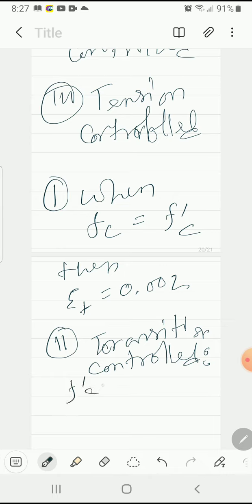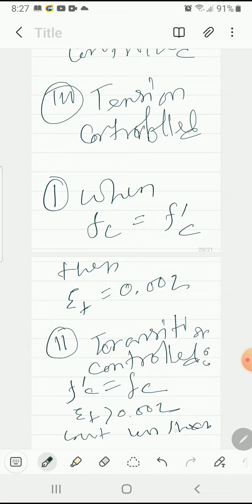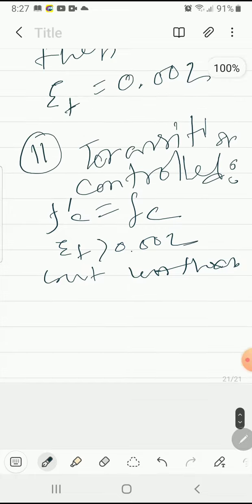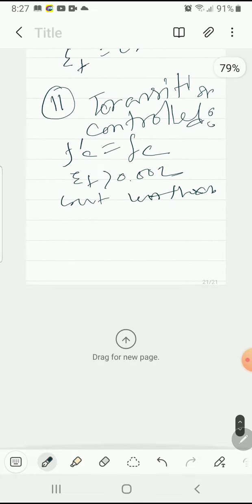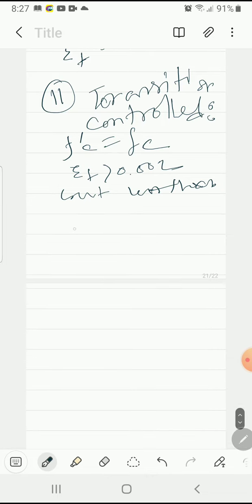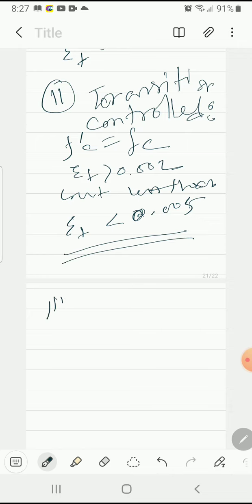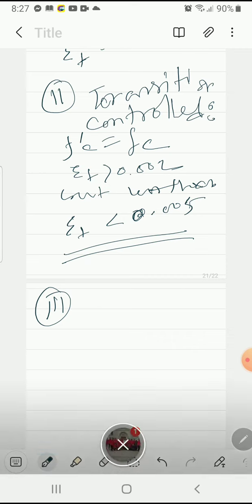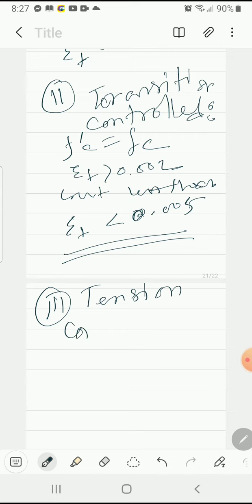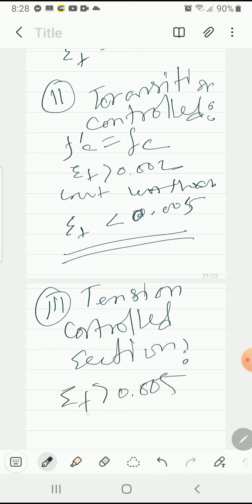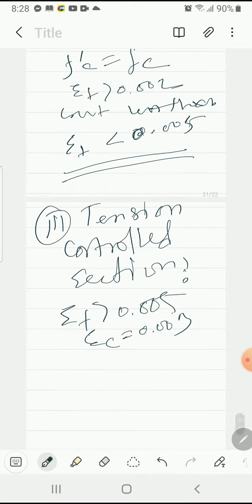when f prime c equal to fc, then epsilon t will be greater than 0.002 but less than 0.005. ওকে, এটা হলো ট্রানজিশন কন্ট্রোল। এখন 3 নাম্বার হলো যে টেনশন কন্ট্রোল। ঠিক আছে, টেনশন কন্ট্রোল সেকশন। এক্ষেত্রে কি হবে, এপসাইলন টিটা গ্রেটার দেন 0.005 হবে যখন এপসাইলন সি ইকুয়াল টু 0.003। এই হলো বি পার্ট।